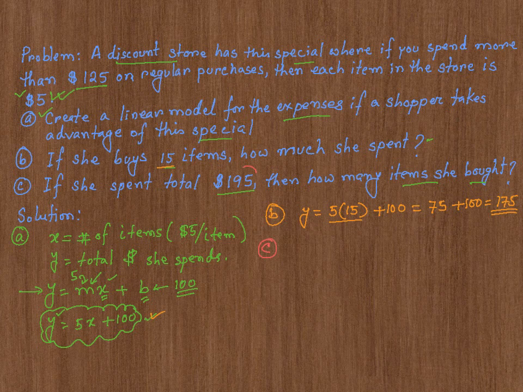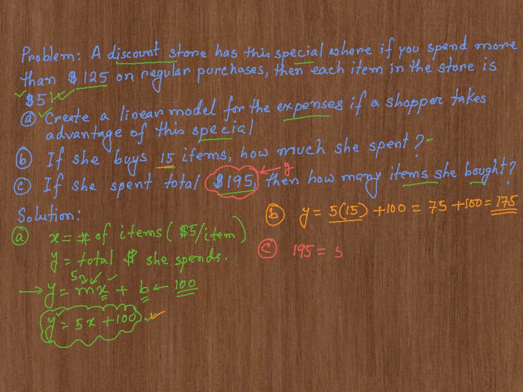If she spent a total of $195, how many items did she purchase using this offer? That's kind of interesting. Normally you are given the number of items purchased, so it's pretty easy: you plug in X is equal to whatever the number of items. However, here you are given the total money. So you have to realize that this is your Y in this problem. So it's 195, the total money she spent,